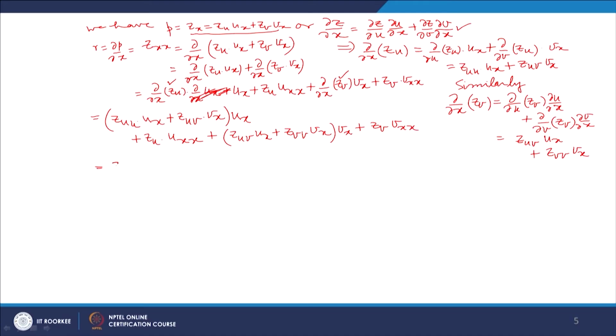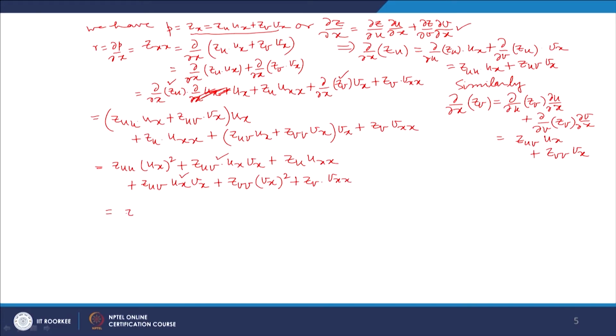Then you can write it as z_uu into u_x whole square plus z_uv into u_x into v_x plus z_u into u_xx plus z_uv into u_x v_x plus z_vv into v_x whole square and then z_v into v_xx, and this term and this term are